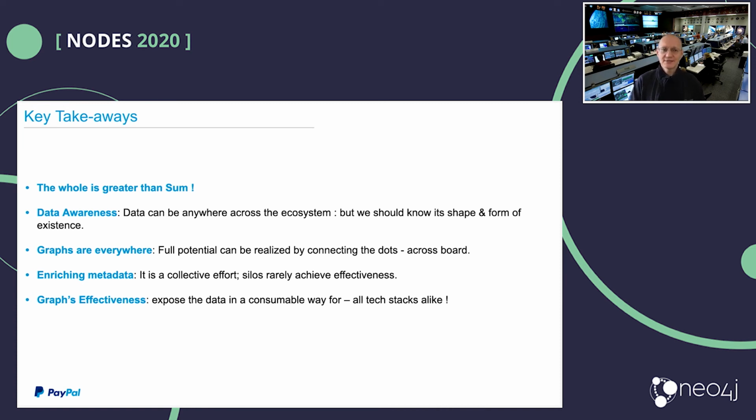The third thing is graphs are everywhere. When you look at the different ways how you can think about the data in the enterprise, graphs provide this flexible foundation where you can put a variety of elements as nodes, and you can assign different content to these nodes, and you can do that in a very flexible way. And also you can build connections between the nodes. You can do this dynamically, and you can grow your enterprise metadata system as you learn more about your enterprise, as you onboard a variety of data sources.